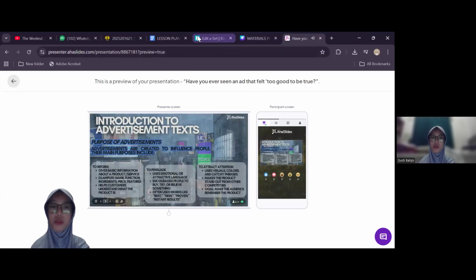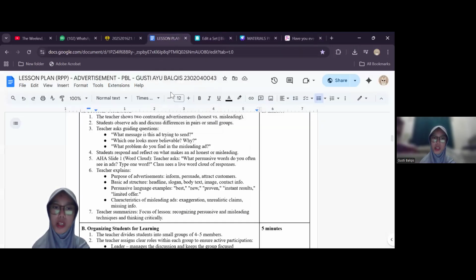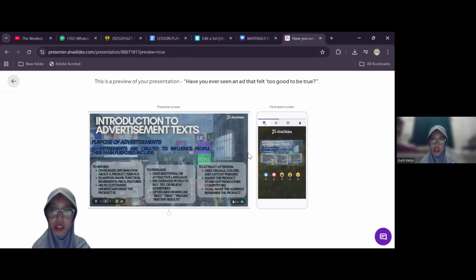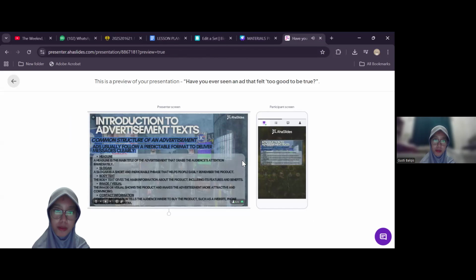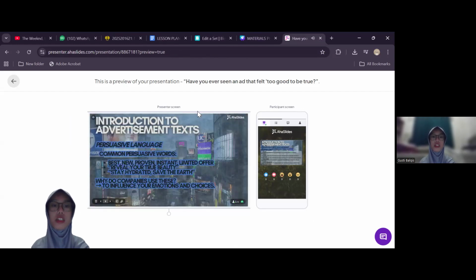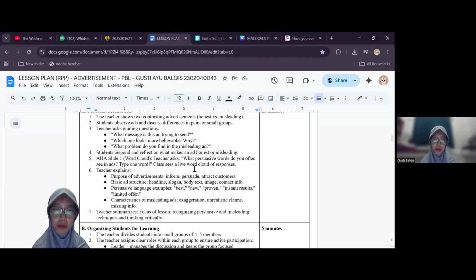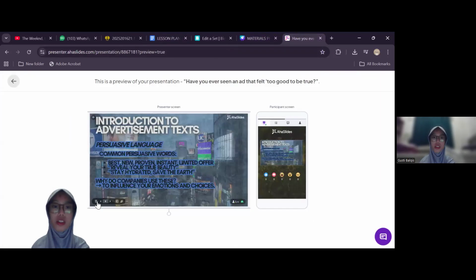The first one is the purpose of advertisement, and then there's the basic ad structure. There's the headline, slogan, body text, image or visual, and then contact information. And then next is the persuasive language. So there are common persuasive language, and then there are also the examples. And then next,